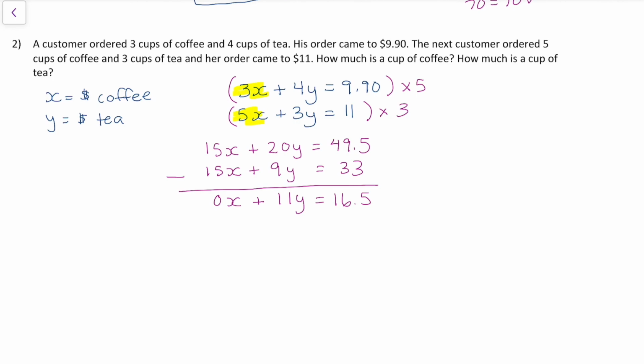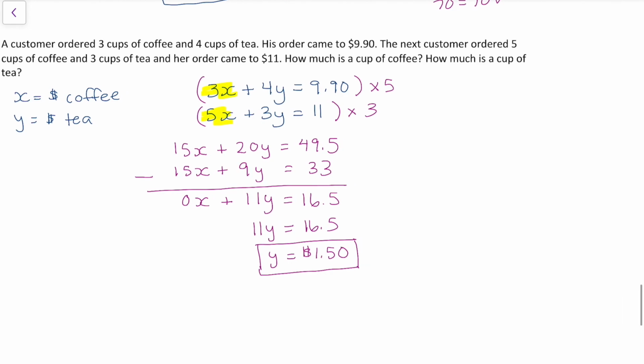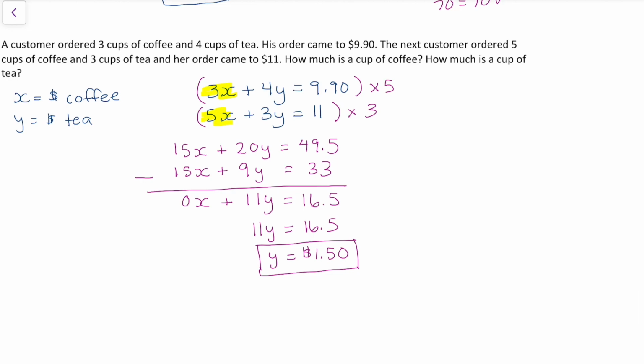So I get 11y equals 16.5, y equals 1.5, or we can say $1.50 because we know we're working with money here. So now I'm going to use that to figure out what my x is. So again, I'm using my original equations just in case I made a mistake in my multiplying there. I'm going to do